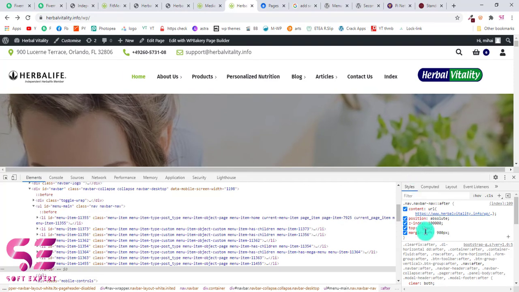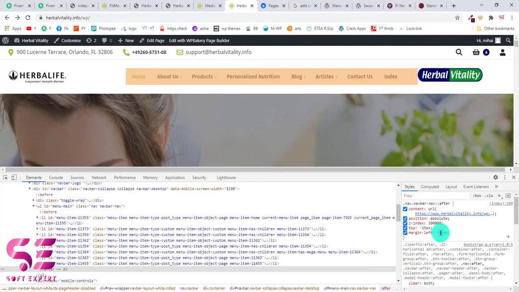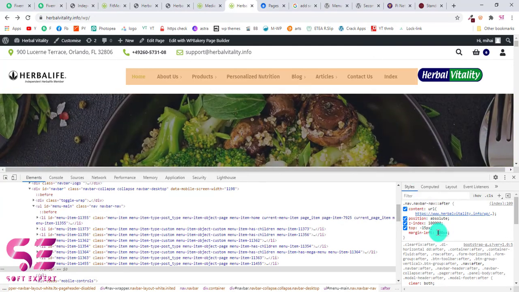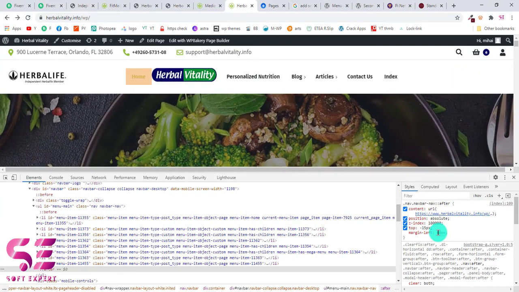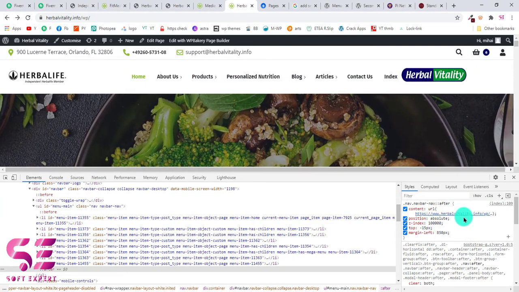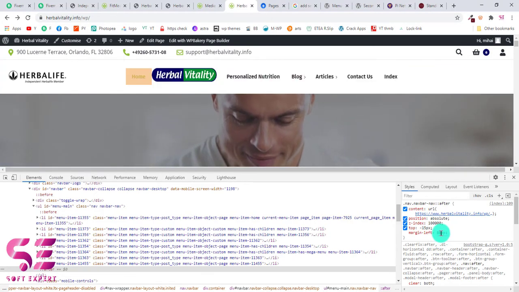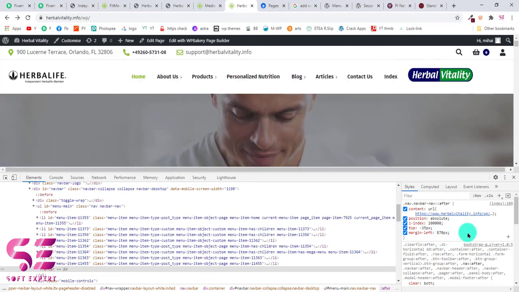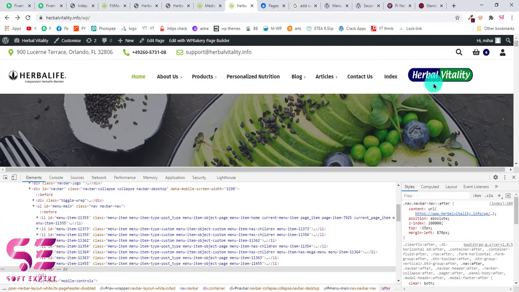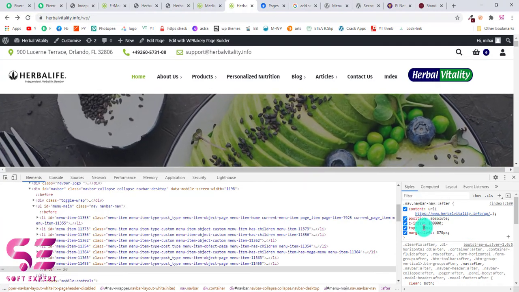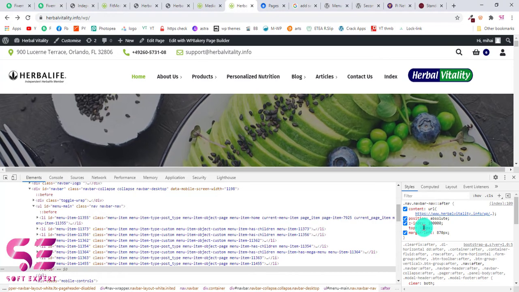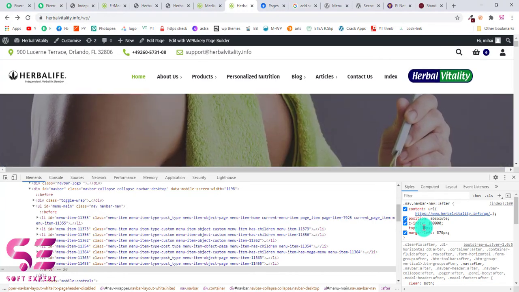This is just for testing your website. If I make it 850, then 870, that is how you can change the position. Now for the top, I'll write -12 or -13.